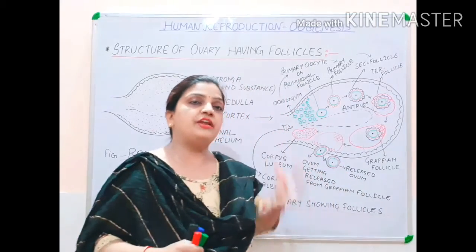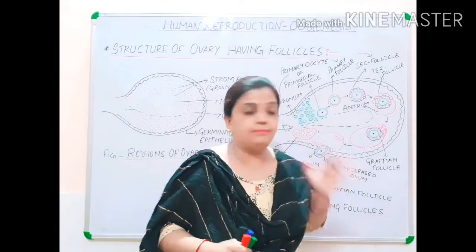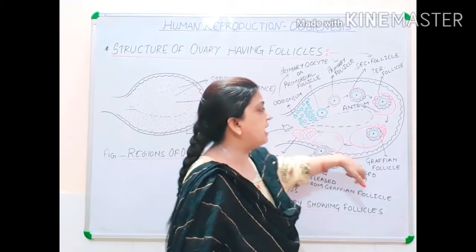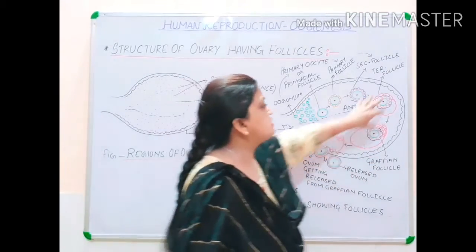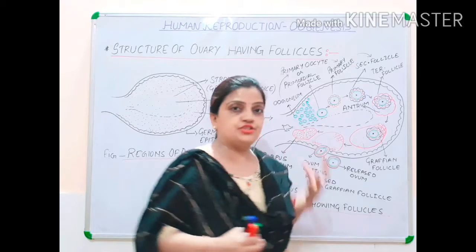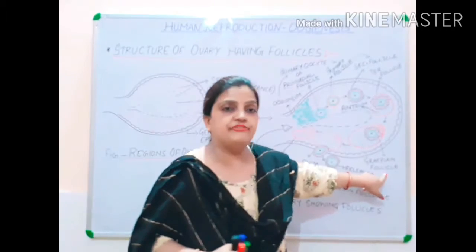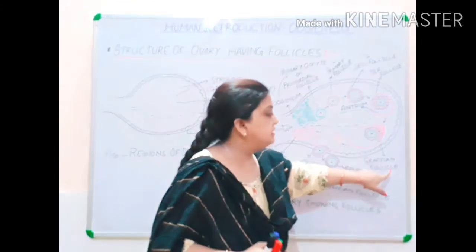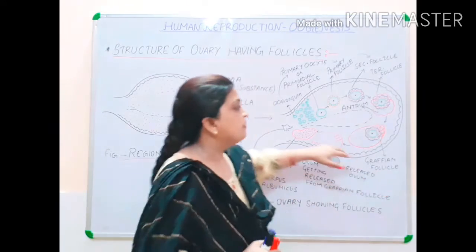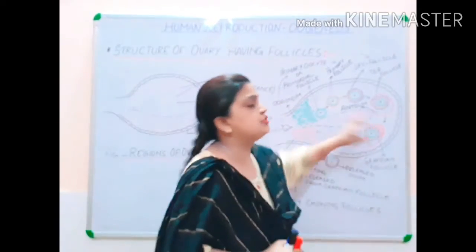Now children, the tertiary follicle can be considered as a mature ovum, but it has not matured completely. Its development is left over, and slowly when this tertiary follicle structure gets matured and contains a mature ovum inside it, then this complete structure is called the Graafian follicle. Children, this Graafian follicle structure I am going to explain separately just now. So your Graafian follicle is formed. This is the mature one now.